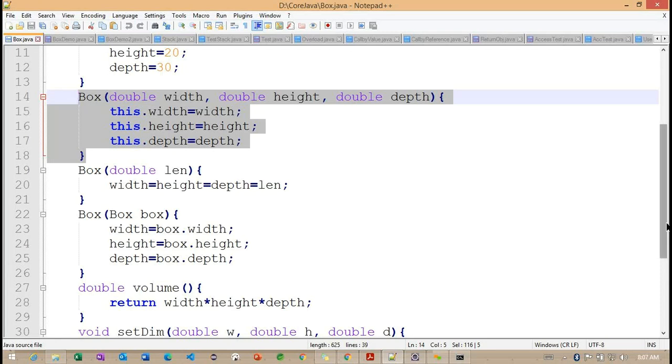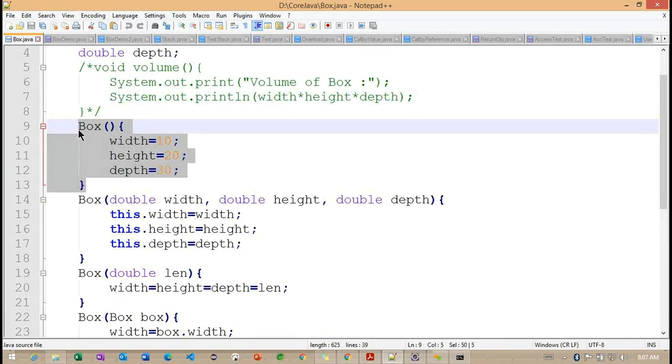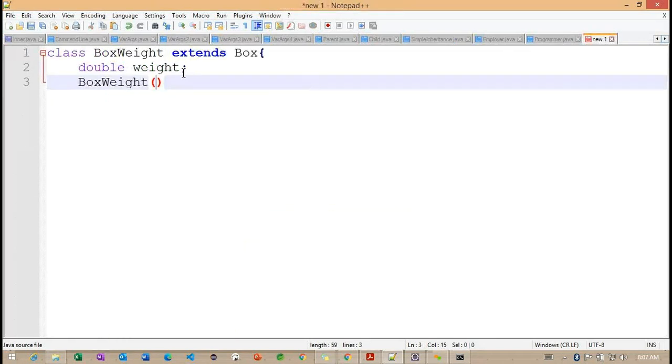and in the same way, a default constructor here, right? Now back to the last class, I want to define the box weight constructor.